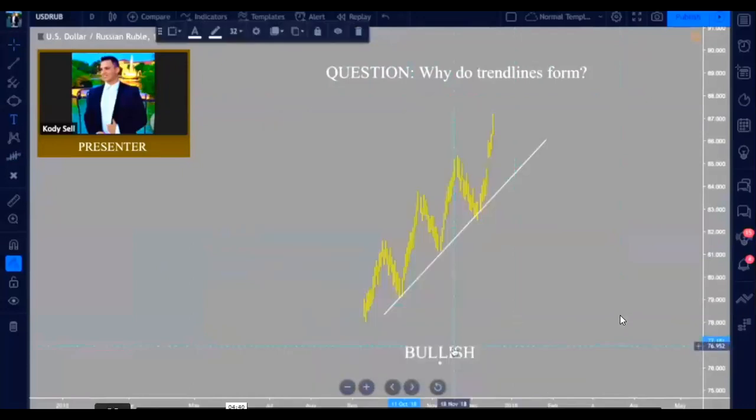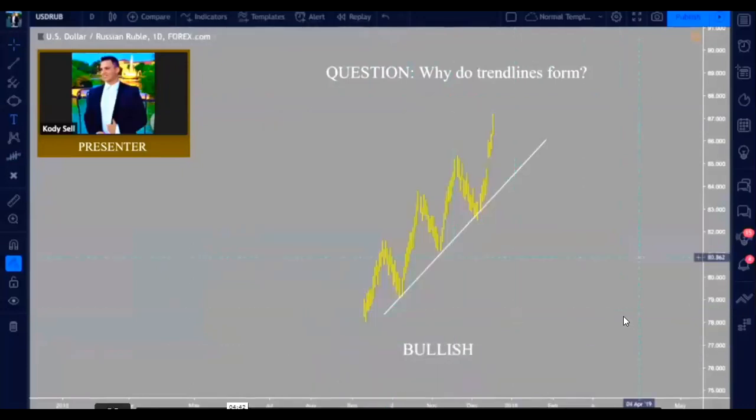So when we conclude that the market is bullish, what that means is that key market participants, people with enough equity to move the market and actually impact price, are long on this pair. Now, if you open up the market and you're looking to get in on this market and capitalize on the bullish move,